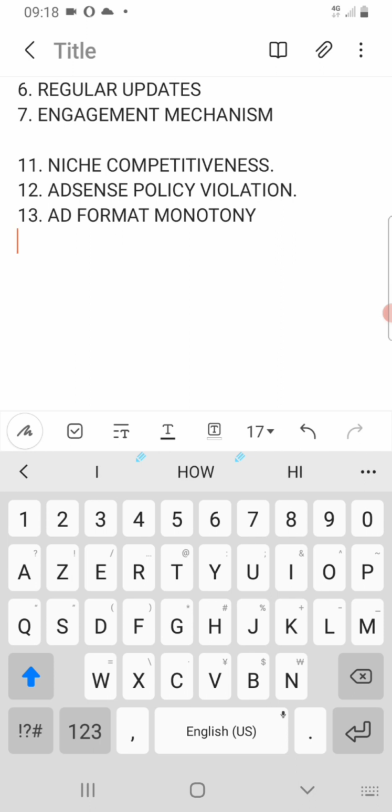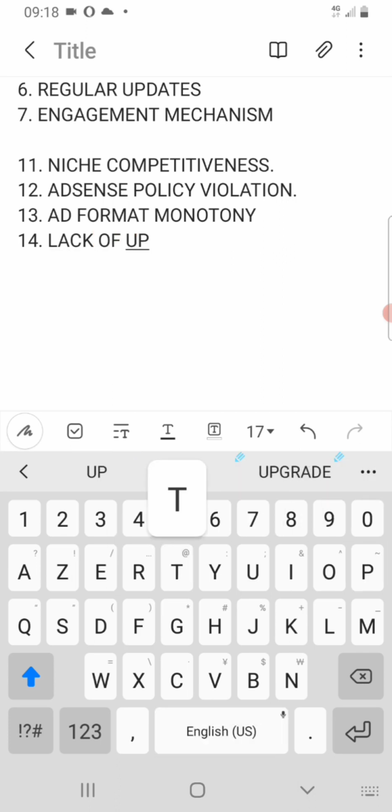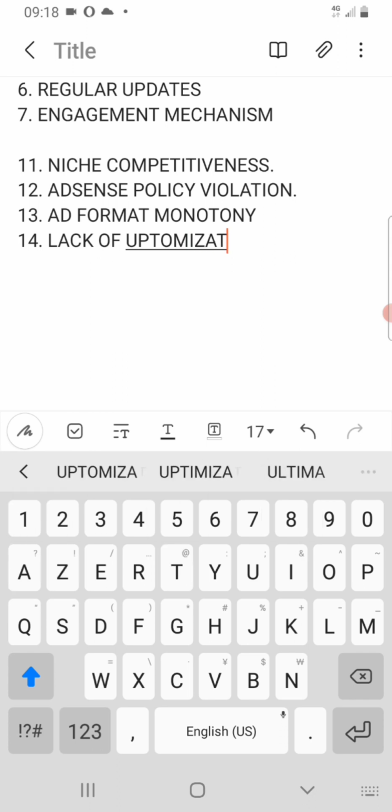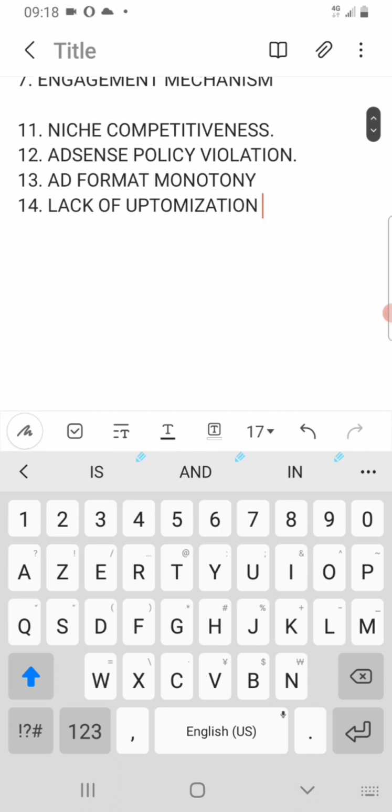So we go to 14 now. Lack of optimization. Now, a lack of optimization, such as not regularly reviewing and improving ad performance, can lead to stagnant or declining